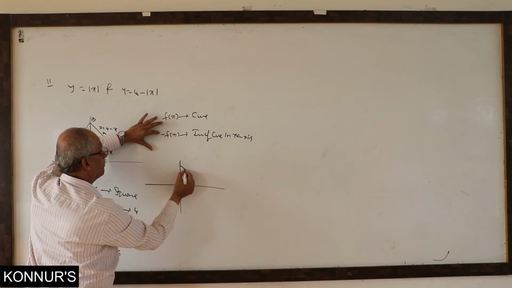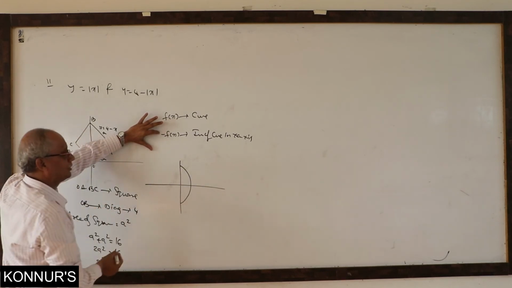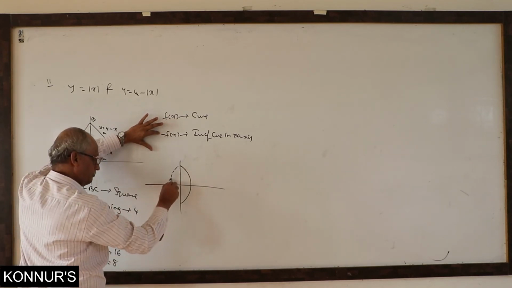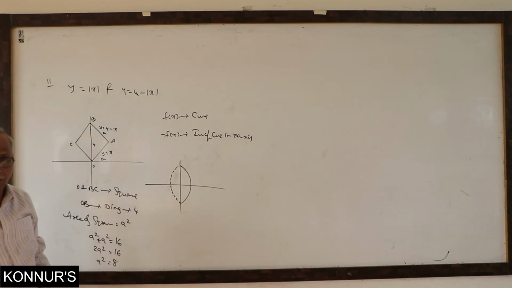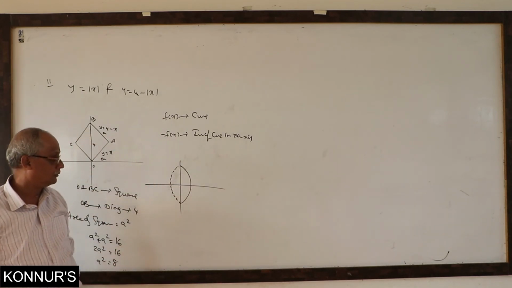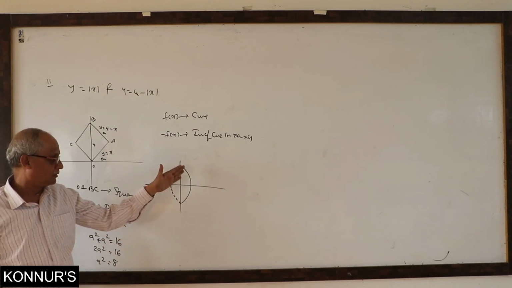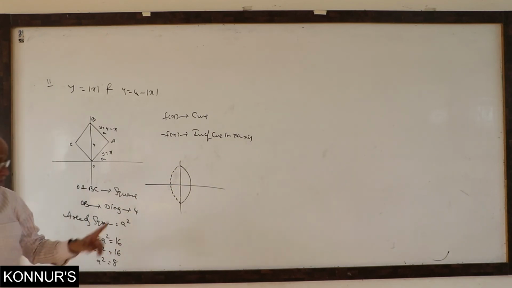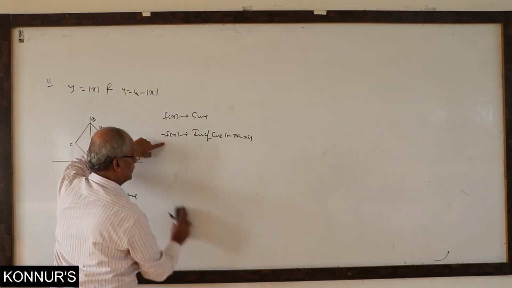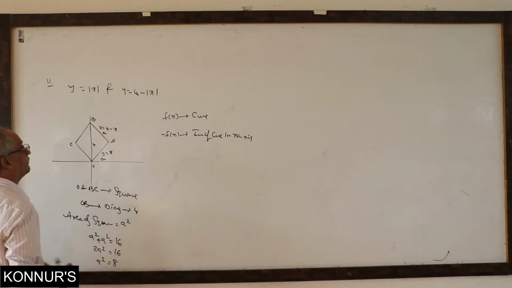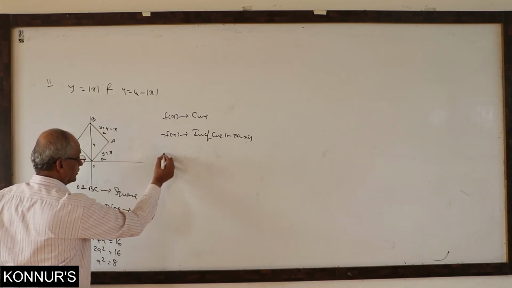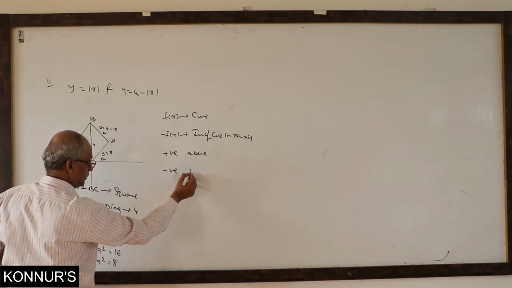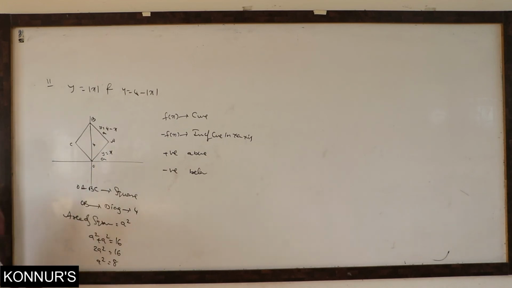Suppose a reflector is in the form of two parabolas kept in opposite directions. You must be ready with geometry only. This is the parabola y square equal to minus 4ax, and this is 4ax. These are the applications I am talking about. That is the reason a negative curve means image. Adding a positive constant shifts the curve above, minus constant below. That is the rule I am following.